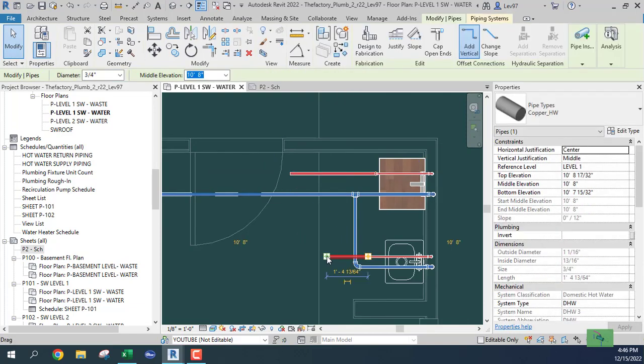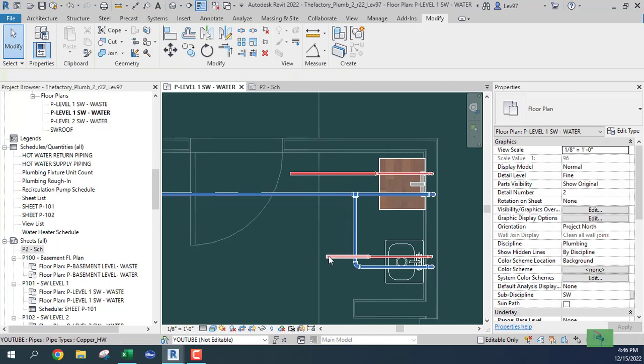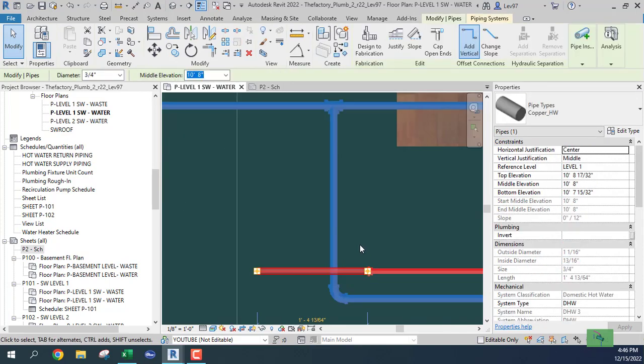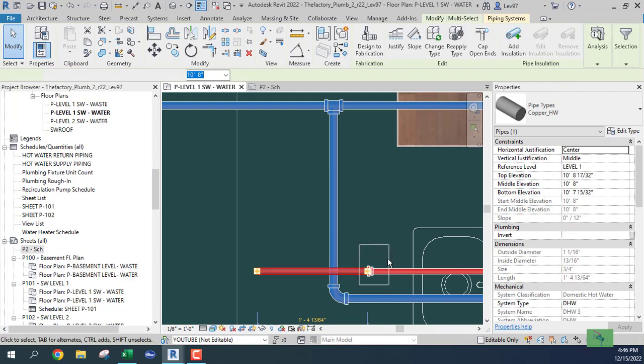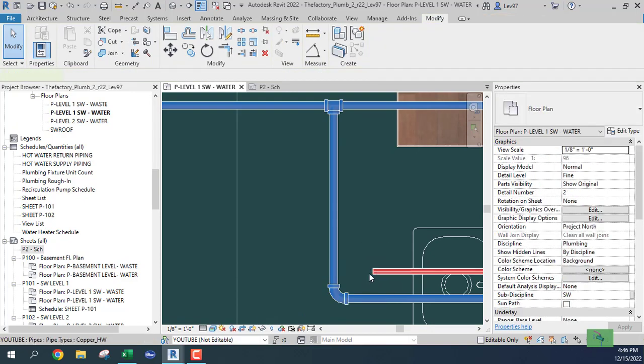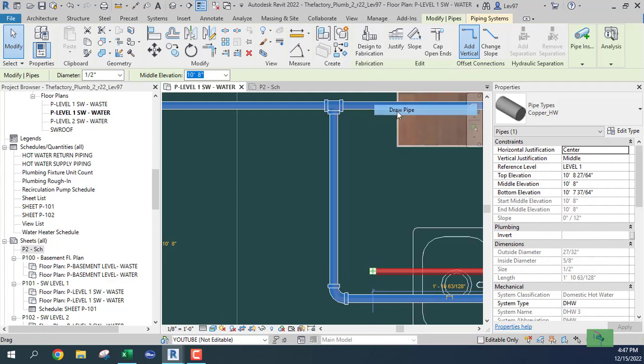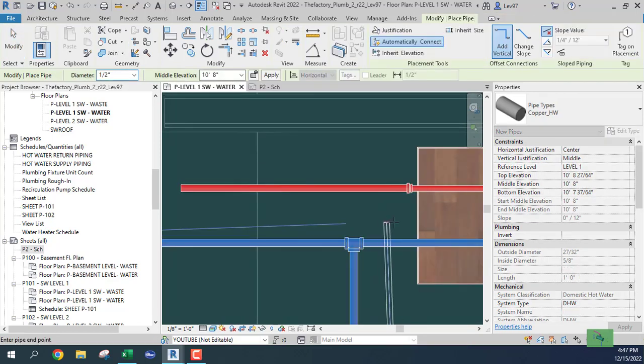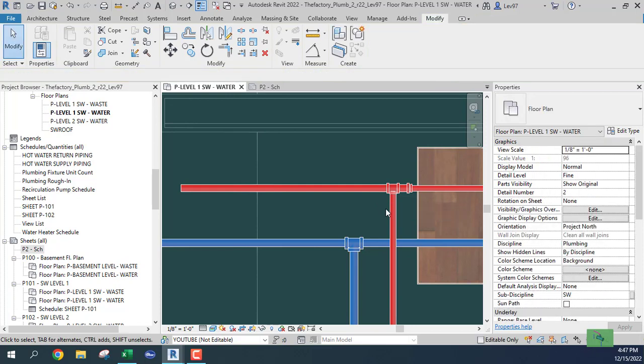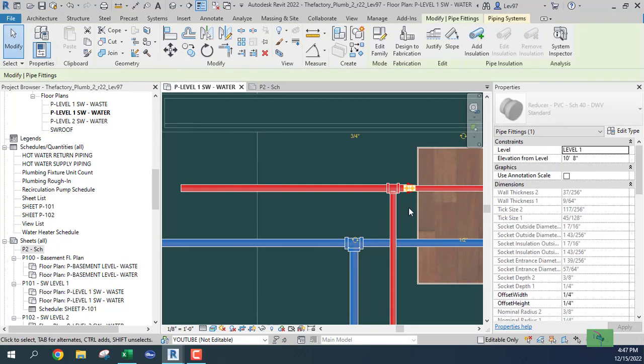I'm gonna connect, I don't know, I mean, you can go either way. I'm gonna connect my 1/2 inch into this 3/4 inch hot water. I hope nobody minds. Let's go back, because all we're doing